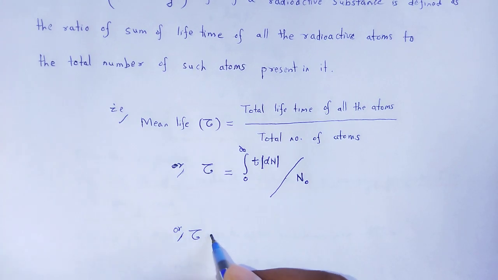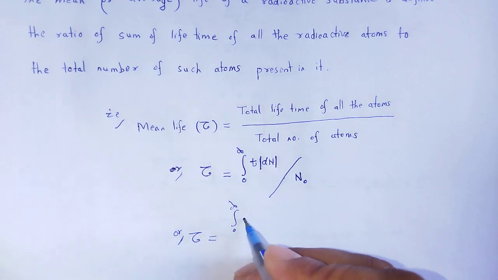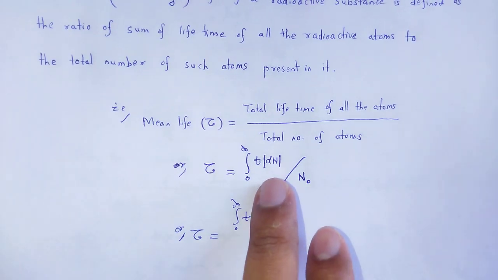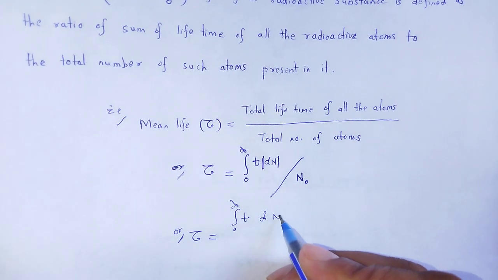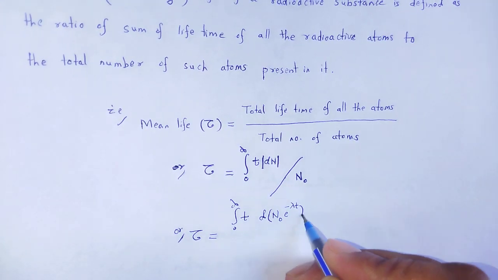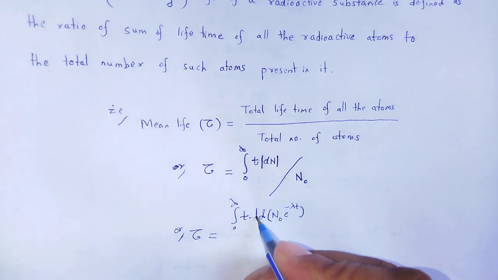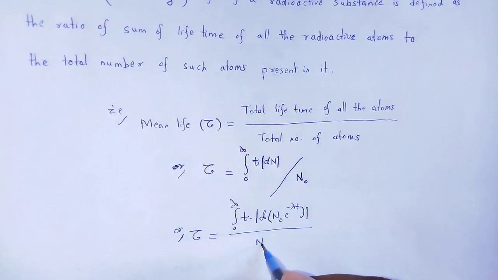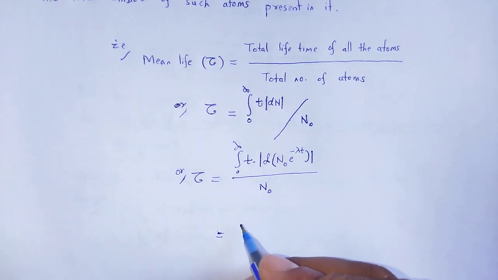Therefore, tau is equal to the integration from 0 to infinity of t times the magnitude of dn, where n is n naught e to the power minus lambda t, divided by n naught, is equal to